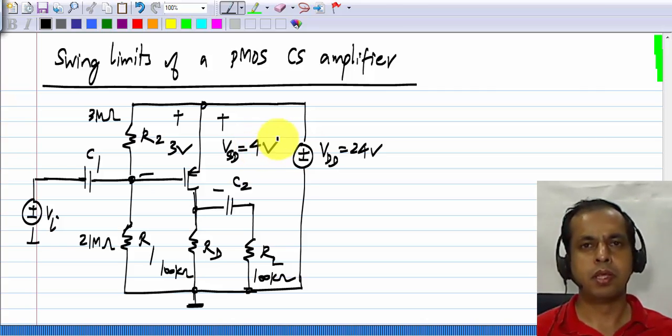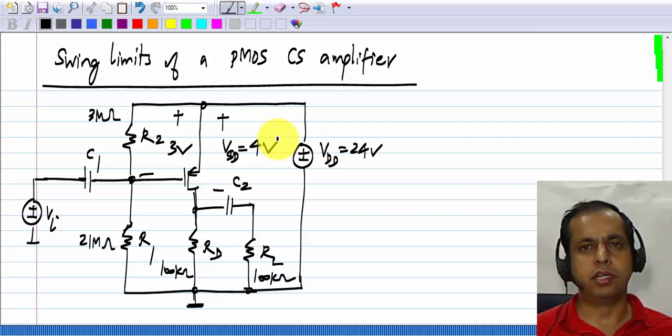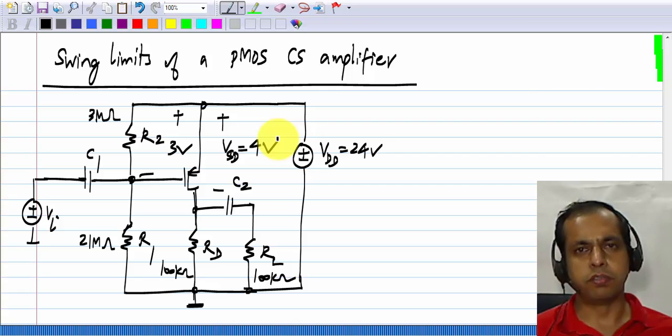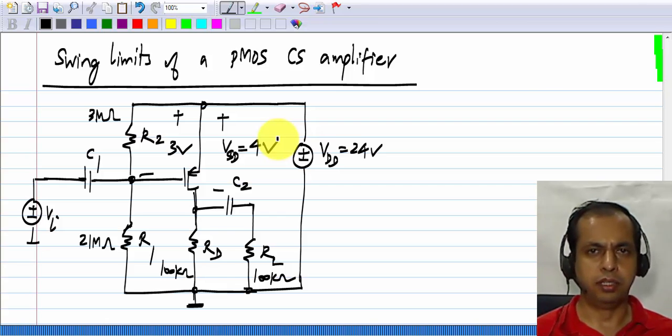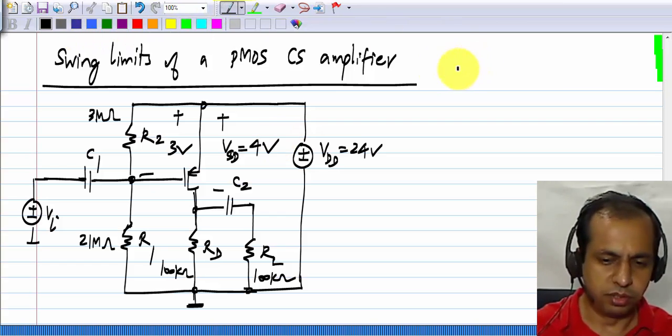Now why do we have limits on the signal swing? The transistor can go either into the triode region or into cutoff. So because of this, the value of input Vi that you can apply to the circuit is limited. So now we will investigate this for the PMOS common source amplifier. The conditions are exactly the same. The condition to remain in